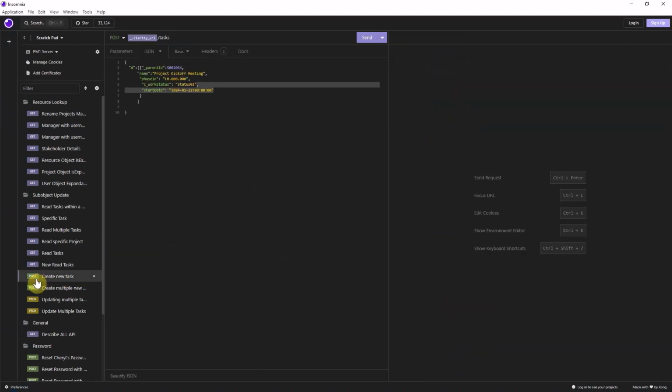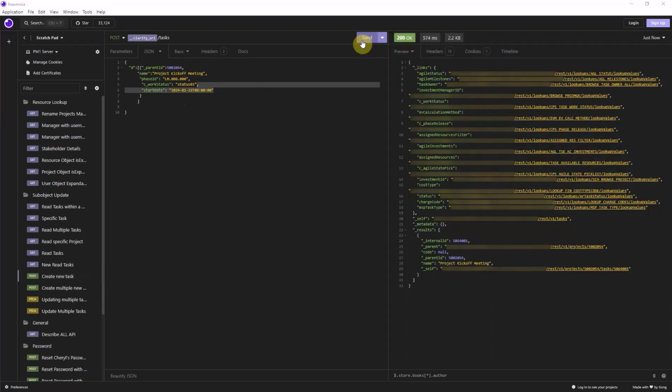The first thing I'm going to do is show you how I can create a new task within my project by only passing the parent internal ID. So right here, I'm going to do a post. I'm going to call the post against my task object. I'm passing the parent ID, which is the internal ID of that Able Payments module. And I want to create a new task called project kickoff meeting with start date of Jan 22nd. So when I do that,